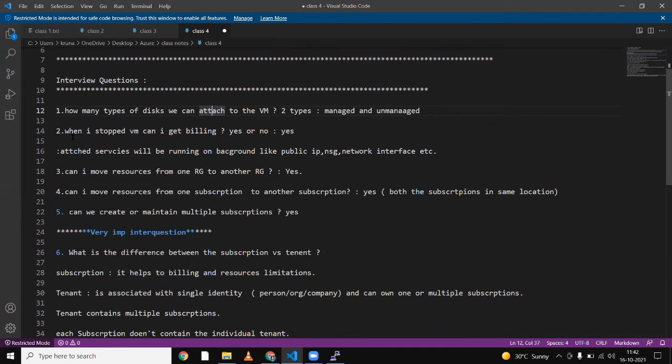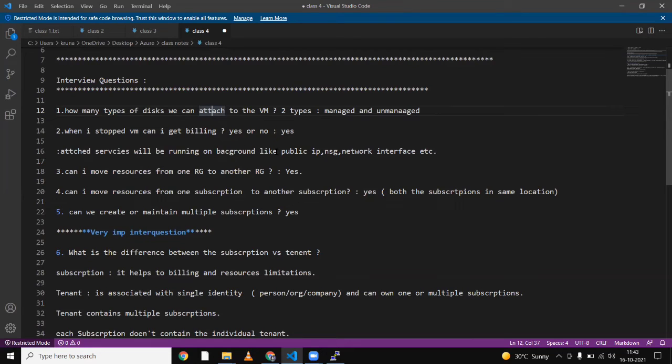Next question: when I stop a VM, do I get billed? Yes, because as I told you, a few resources like public IP address, network security group, and network interface card are created and still active.